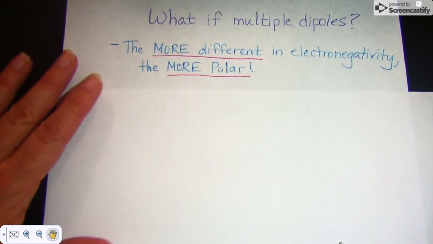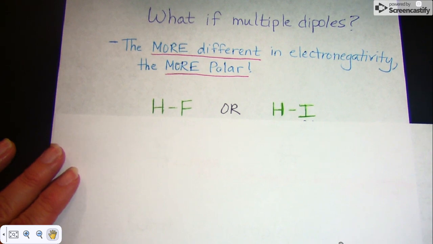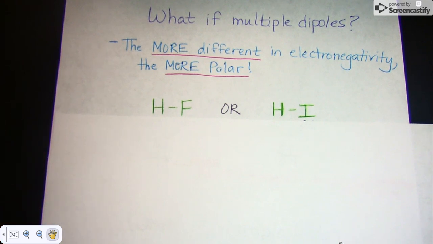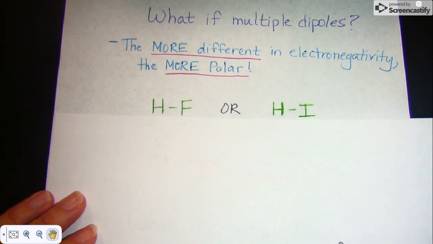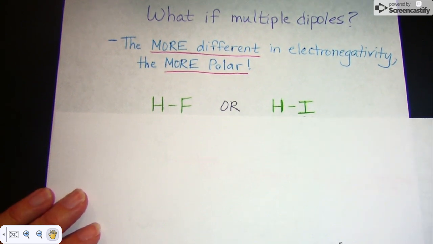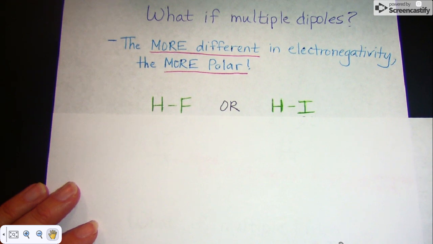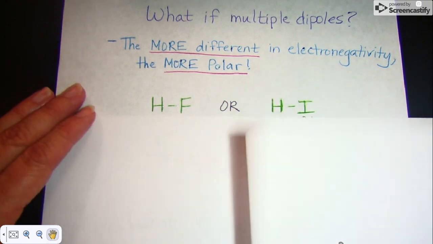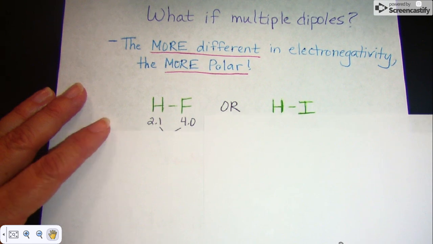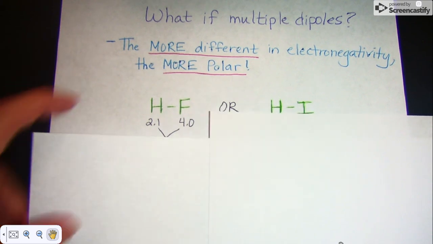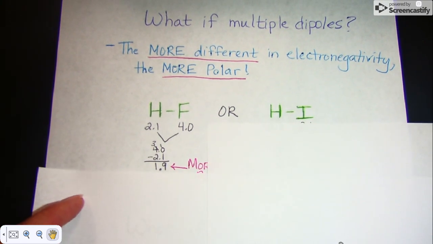All right. So let's look at an example of two polar molecules. We have HF and HI. They both have the hydrogen, again, to make this a little easier to see and very clear to begin with. I could write down the electronegativities. I could also tell from how far away they are, kind of on the periodic table, but we'll go ahead and use electronegativities. You can see that for hydrogen, it is going to be a 2.1. Now, you could look these up on a table, or we would give them to you if we expected you to do this. Fluorine is a 4.0. We all know it's the highest electronegativity. So if you want to take the difference in electronegativities, 4.0 minus the 2.1, whoops, I'm not going to give you answers,